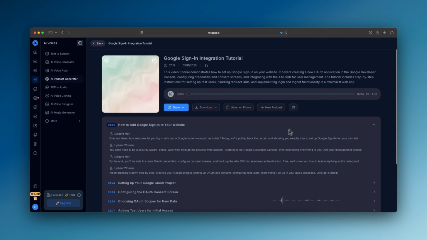Wondered how websites let you log in with just a Google button smooth as butter? Today, we're pulling back the curtain and showing you exactly how to set up Google sign in for your own site. You don't need to be a security wizard either. We'll walk through the process from scratch, starting in the Google Developer Console, then connecting everything to your If you